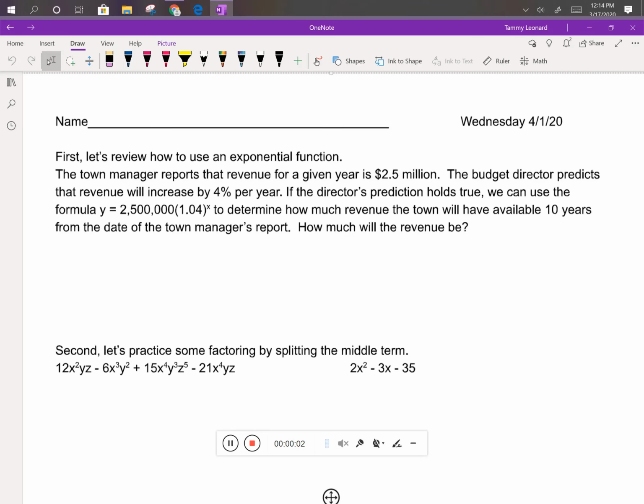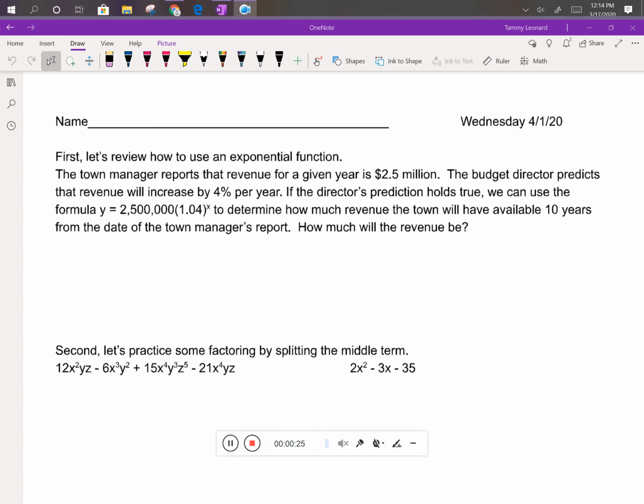Today we're going to throw way back and we're going to actually review content from Unit 11 Mastery Check 4, the exponential functions unit. So here we have a word problem, and it says the town manager reports that revenue for a given year is $2.5 million,